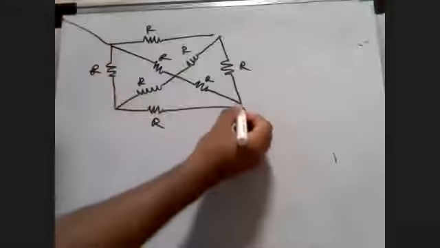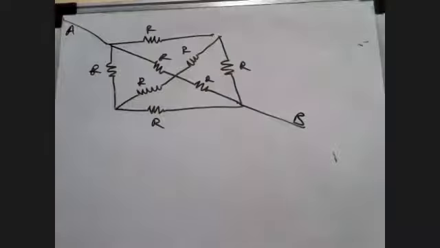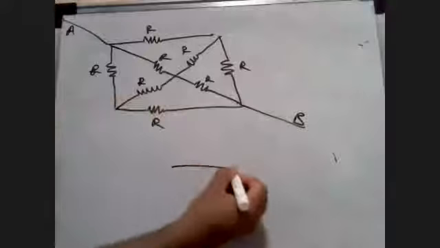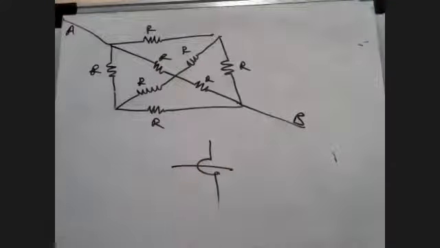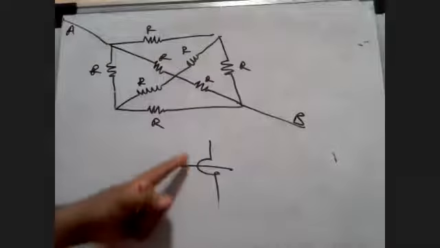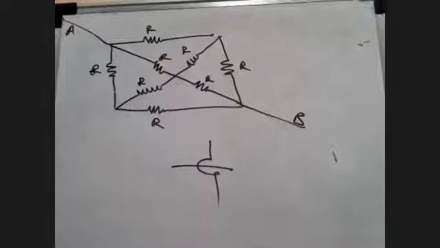Find out the resistance. Is it intersecting in between? Yes, it is intersecting. If it is not intersecting, it will be denoted like this. The semicircle over here represents that they are not intersecting. Please keep this in mind. It comes in exams.